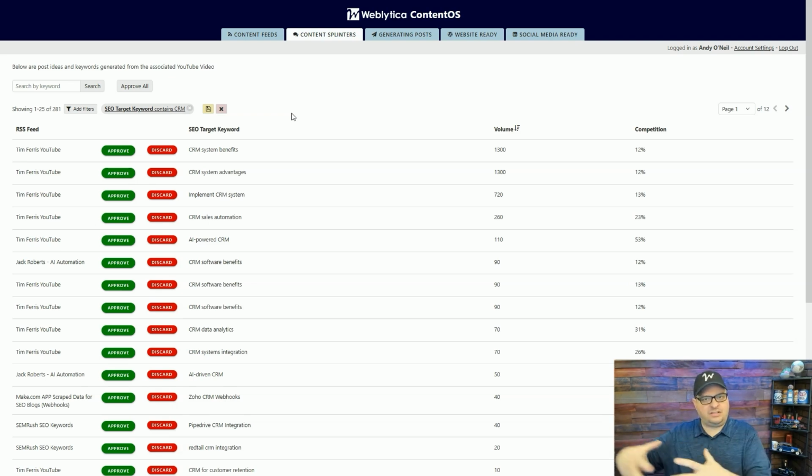So when the content is written, it also includes hooks back to what I do. It's not just a blog post about webhooks and there's no mention of Weblotica, my company, in there. So it is woven throughout the SEO posts when the AI deems it appropriate. And I've watched and looked at how it does it. It does a masterful job of doing this.